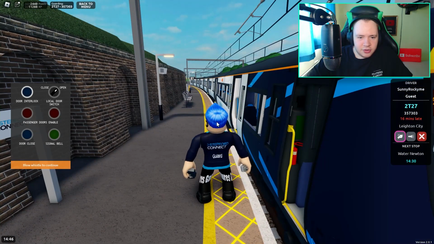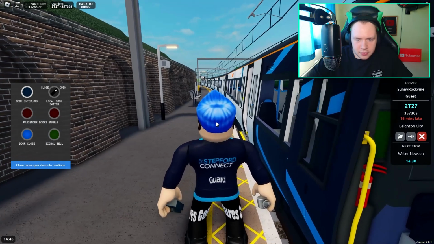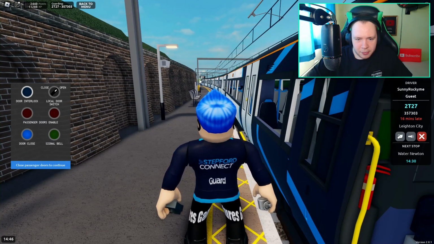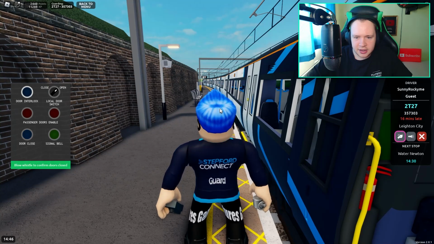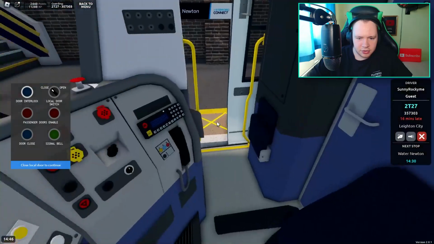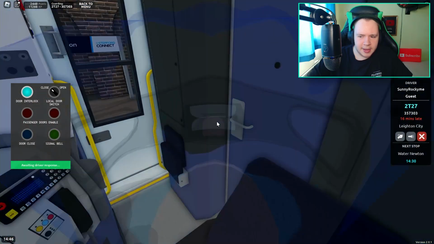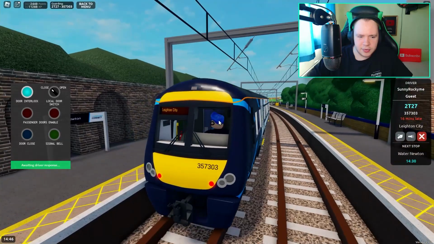Right, let's get ready to blow the whistle. There we go. And we will close the doors. See the interlock lights? It should be a bit easier to see now as the train is slightly curved, which they are all off. Blow the whistle for a final time. And let's get into the cab and close the door. Close the driver. And away we go to...